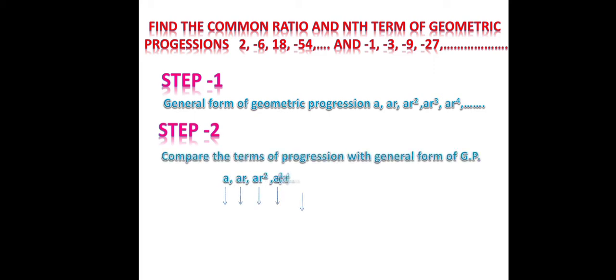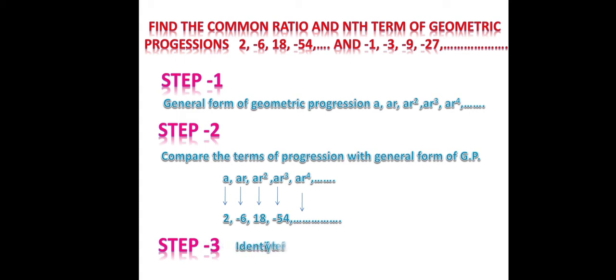As a second step, we will compare the terms. That is, first term is taken as 2, second term as minus 6, third term as 18, fourth term as minus 54. Then we will identify in the third step the first term A as 2. And continuing the same third step, we will identify the common ratio from the given series